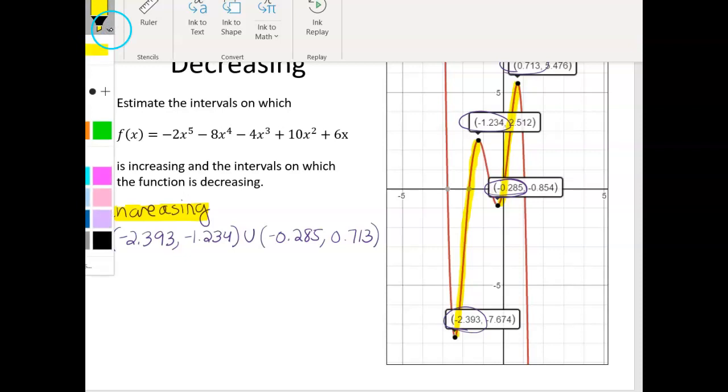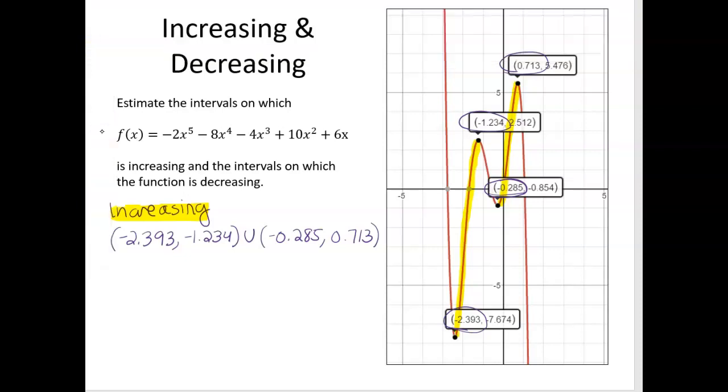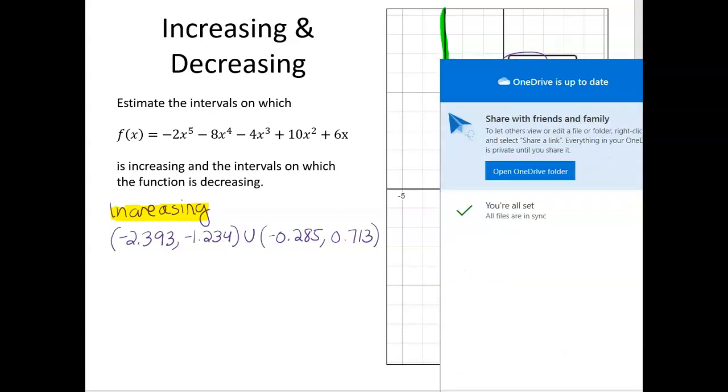So let's change to a different color. For decreasing, we'll use green. So that's going to be this section. Think about those y values going down, down, down, down, down, down, down. Okay, this section and this section. And like if you were on a roller coaster, and just think about it,